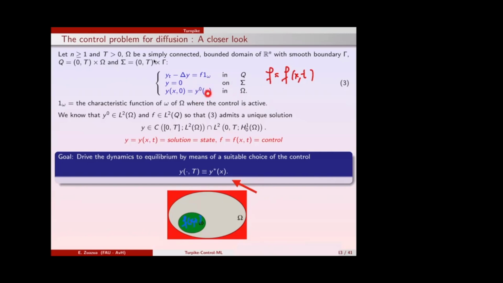If you give me an initial datum in L2, and you give me a force in L2 space-time, then there is a unique solution which is continuous in time and also gains some integrability of the gradient in space due to the regularizing effect of the heat equation. So this is a situation where we are dealing with an infinite dimensional control problem, on which my goal, in a given time horizon, capital T, is to get close to some